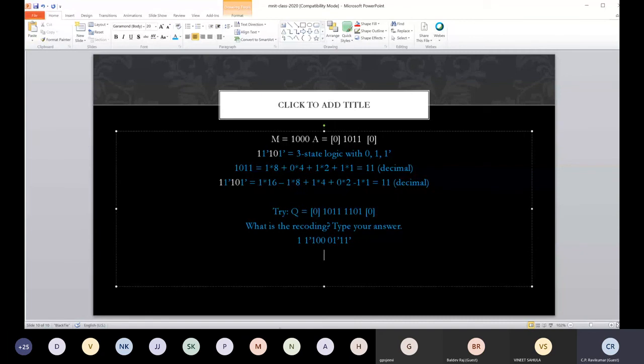Is this clear to people? Anybody has a doubt? Okay, Mudit has also tried, and Manjunath has also tried. Are their answers the same as mine?